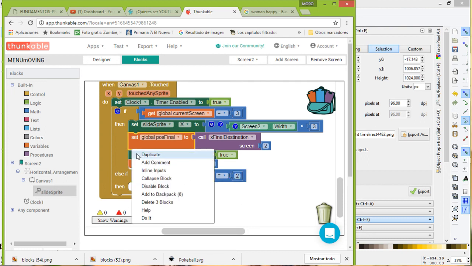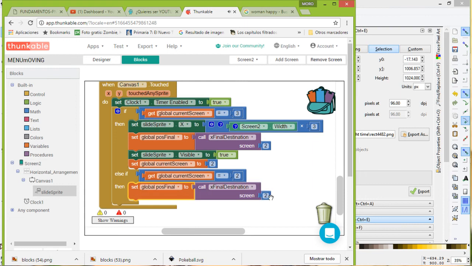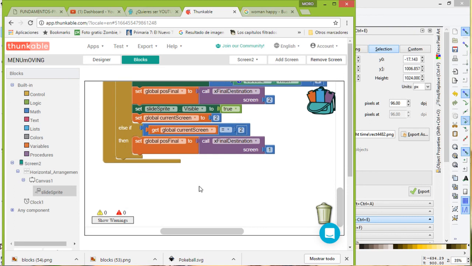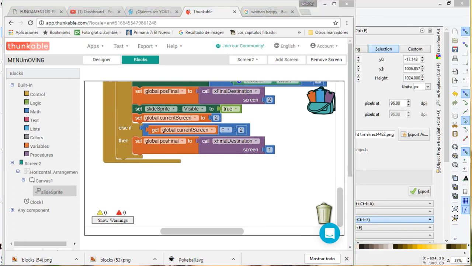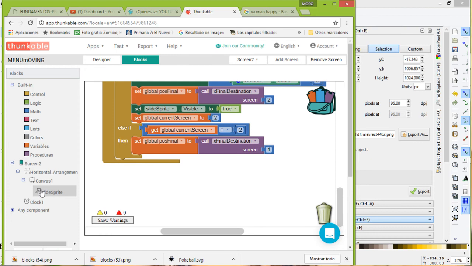So now we're going to duplicate this value. We're going to go from 2 to 1. Basically, that is the idea. We're going to go to 1, and now it's time to go to the clock. This is the interesting part. To go here, we're going to first check where we are. So we're going to drag here a clock